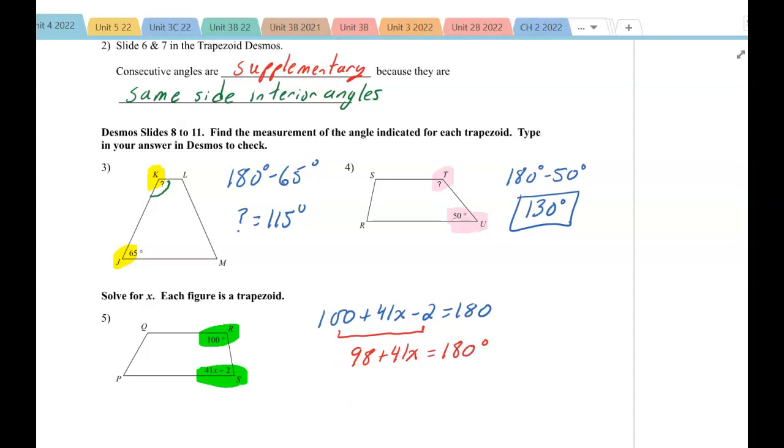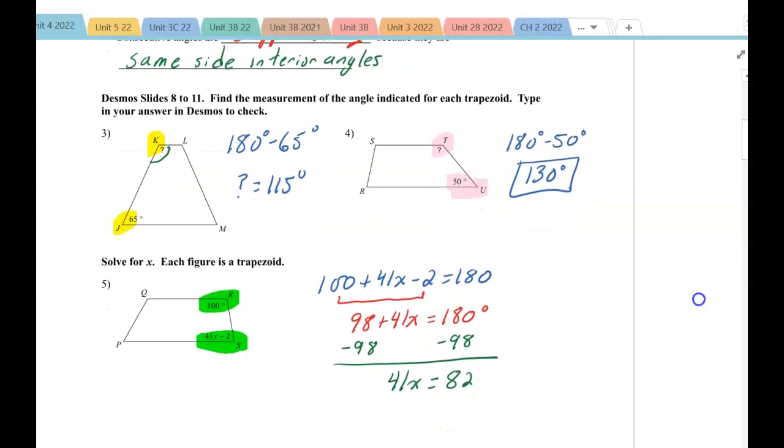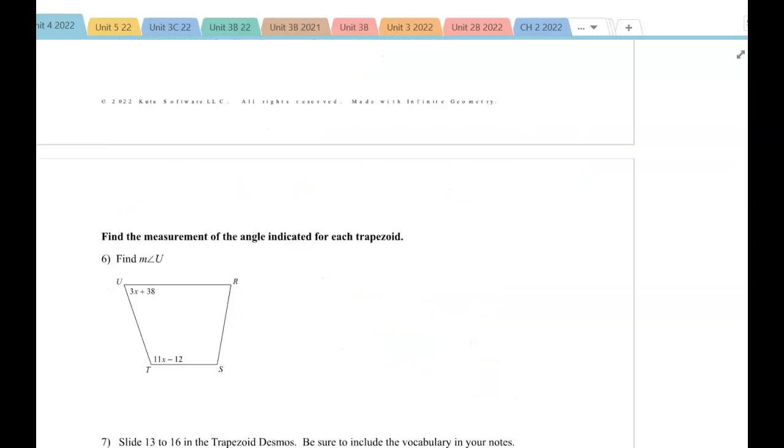I'm going to subtract 98 from both sides. You'll get 41x, so doing the math here, you get 82. And then I'm going to divide both sides by 41. And x is equal to